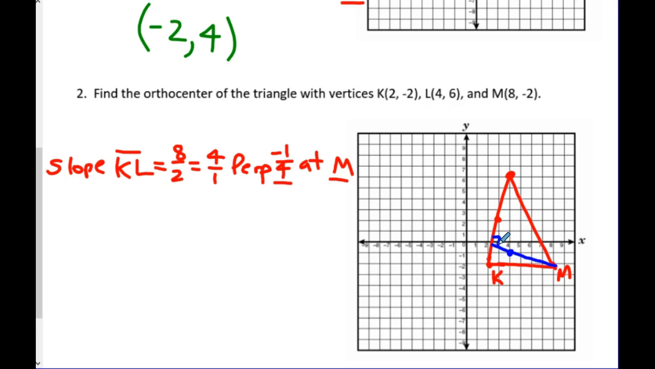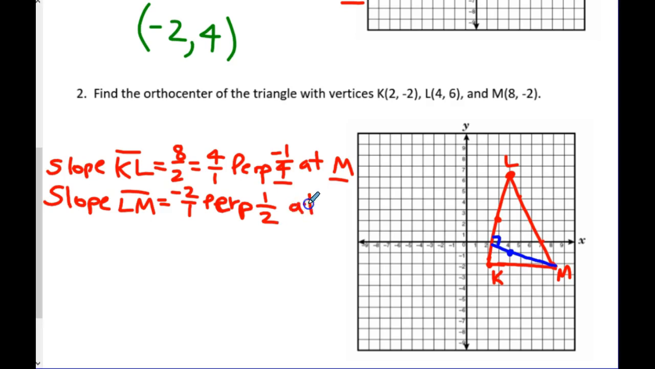Let's do LM. So the slope of LM. Now, does everyone see it? LM goes down to the right. Down what? Now, it looks like it goes down 2, right 1, down 2, right 1, down 2, right 1. Hey, so what's down 2, right 1? What does that mean? Negative 2 over 1. What's perpendicular to negative 2 over 1? 1 over 2, right? The negative becomes positive, and you flip it